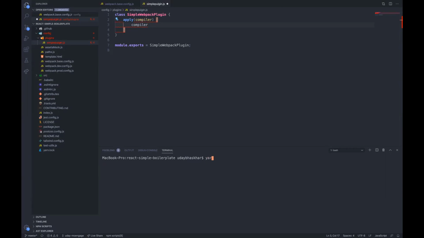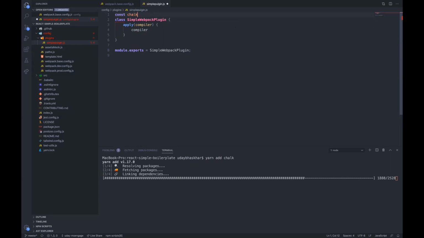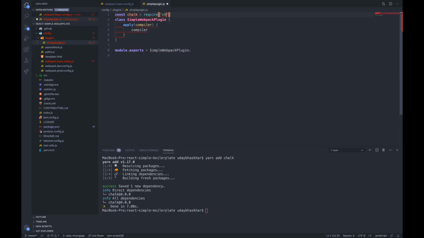Before doing that, I would also add chalk.js so that my terminal looks cleaner and more colorful. So what I'll do is compiler.hooks, now I will just do done.tap.